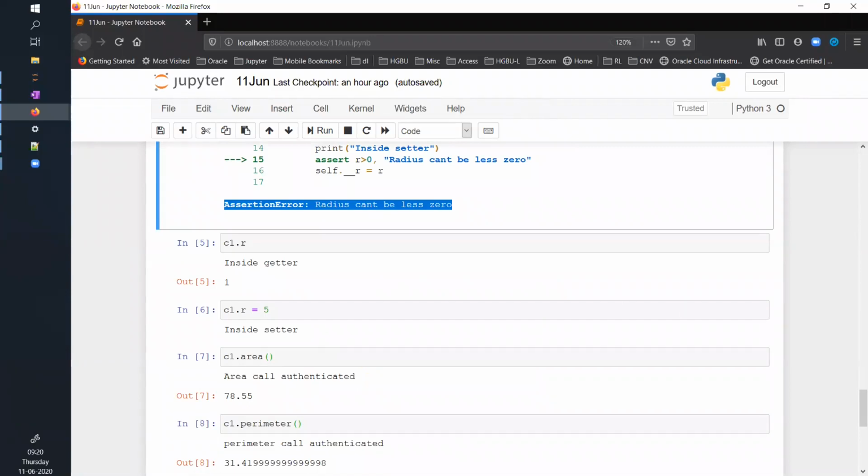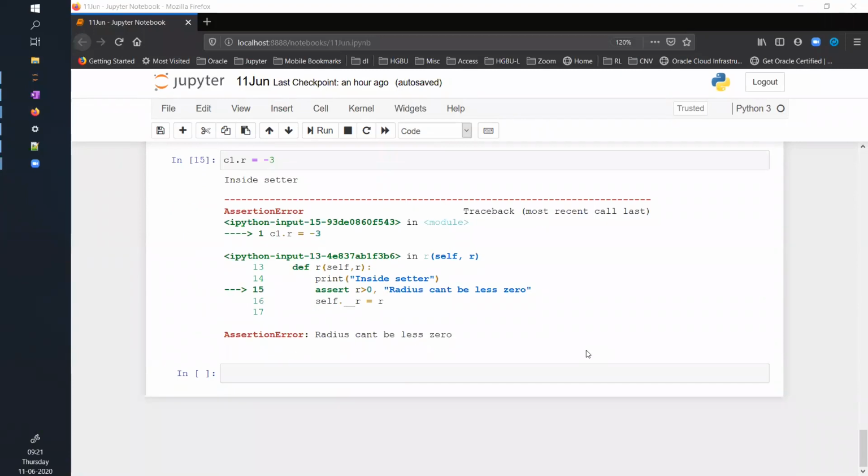Okay. So now at least you have some basic idea how to write classes and how to initialize the attributes in the class, and how to write functions in the class, and how to invoke them. Okay. Now let's extend this a little bit.